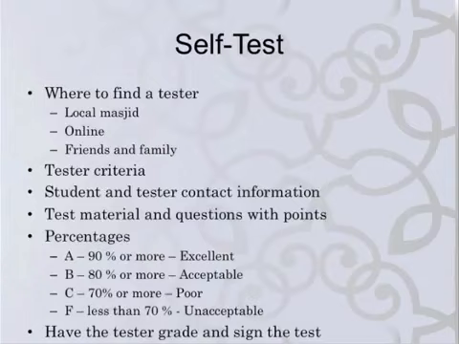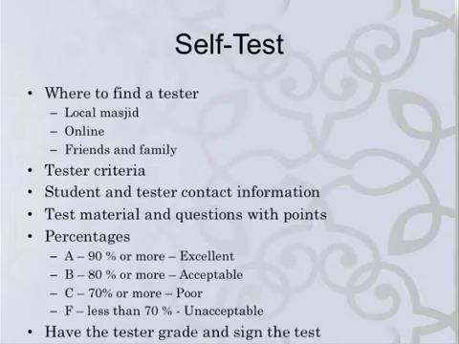And finally, with every self-test document, after you've found a tester, you know that he meets the criteria for conducting the test, you have his contact information, and he has scored it, have the tester grade and sign the test. Have him give you an A, B, C, or F grade and sign the test, that this is where he thinks you are. The reason is I want you to keep a tally of your progress. It has motivated us, and I also want you to give yourself a pat on the back. I want you to learn the psychology of learning, that if you do well, you should reward yourself.